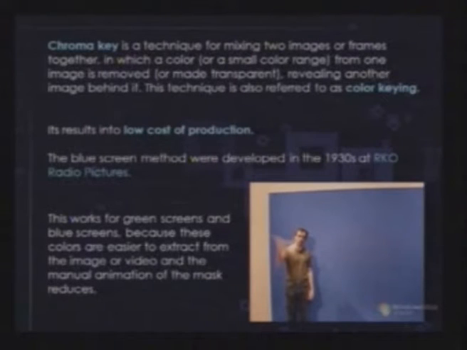Now these blue and green screens work easily for us because these colors are easier to extract from any image. Why? According to the RGB color space, red is very much present in our skin complexion. If red has to be removed, all our skin would go away, and we'd be left with only clothes, and all the skin complexion would be gone.